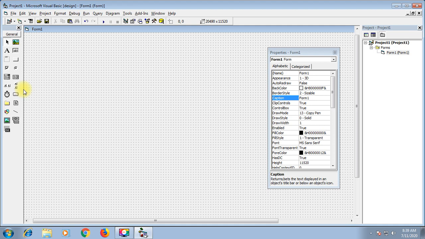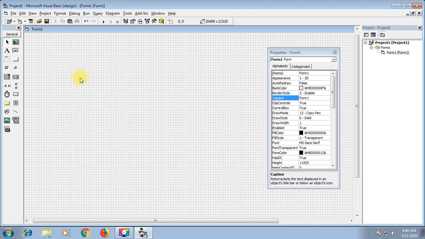Now how to run a form. How to run a form means how we run a program here. Girls, as I told you, Visual Basic is a GUI, graphical user interface.